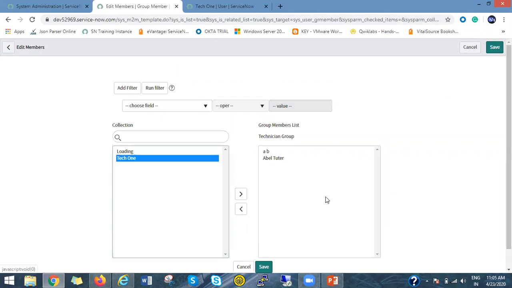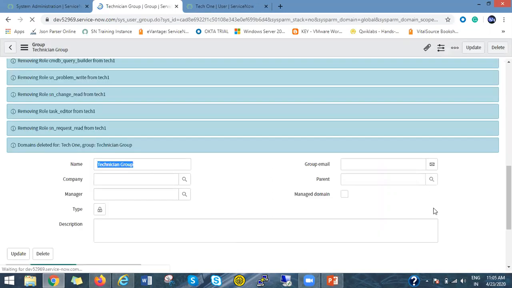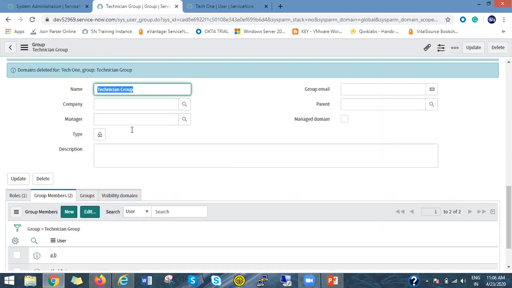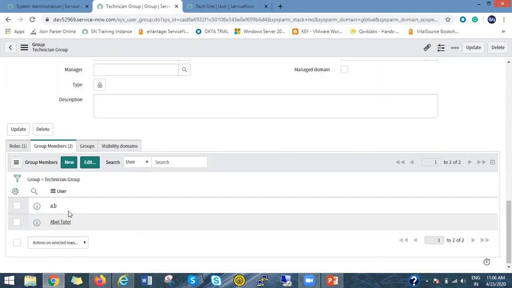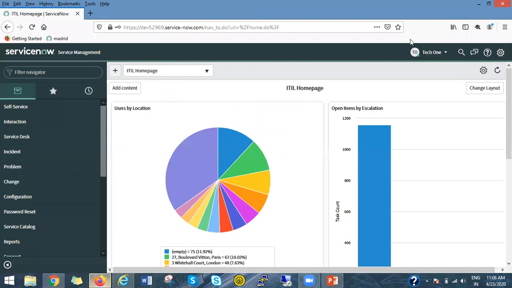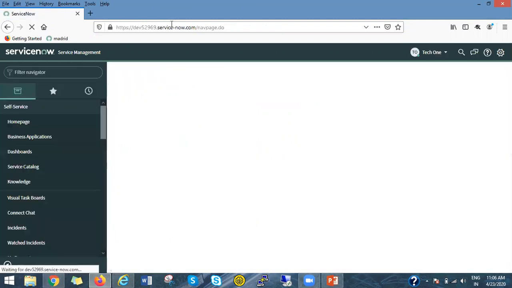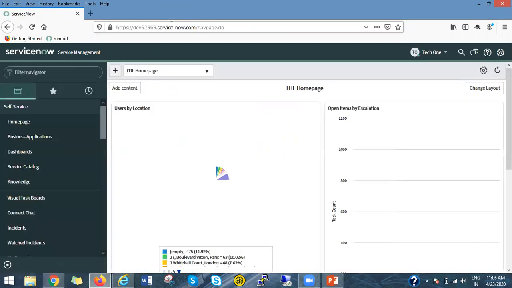Now the technician group only has two members and tech one is removed. So if you see now, the tech one user, because we have removed tech one from the technician group, is again a normal user.